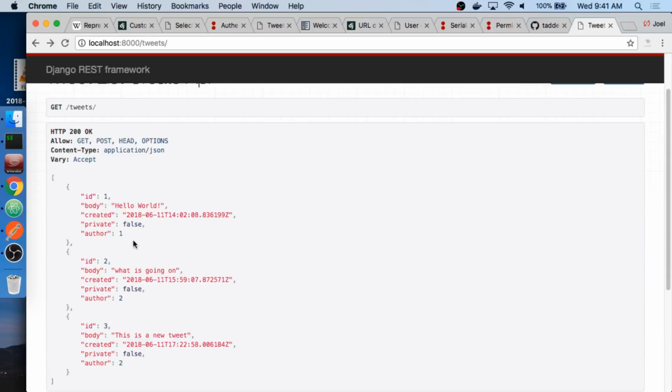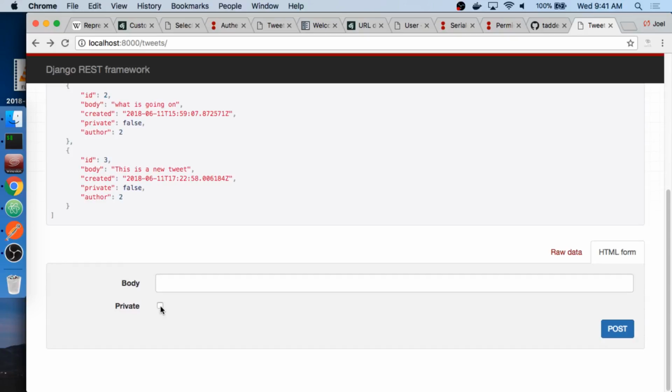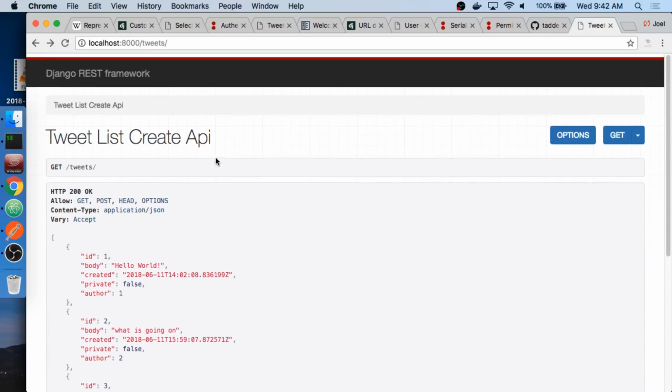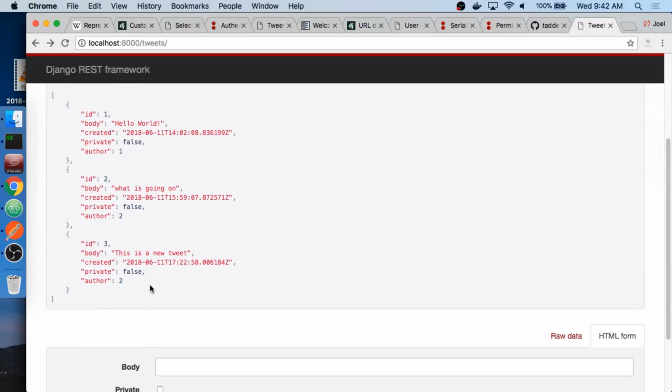Now the reason why I think this is an interesting field is that if something is private true, we're probably not going to see it. You know what I mean? If it's another user's tweet and they've marked it as true for private, then we're not even going to see it. We're only going to see private true for our own tweets. And notice that here too, since that is a field that we can edit when we create a new one. Well, that's kind of what I was thinking. The owner will need to see if it's private or not. We don't really need to show it to everybody, right?